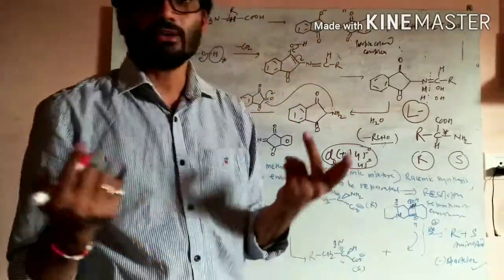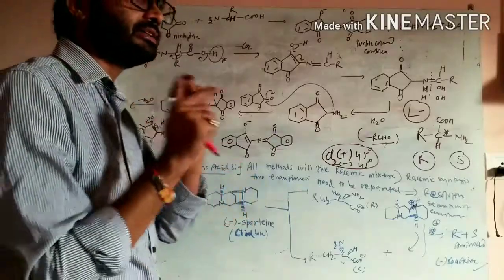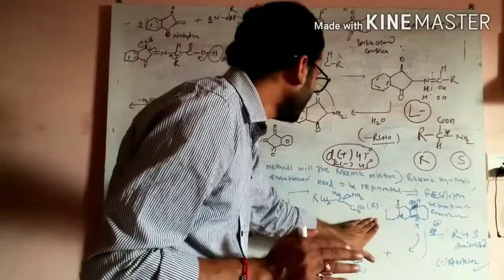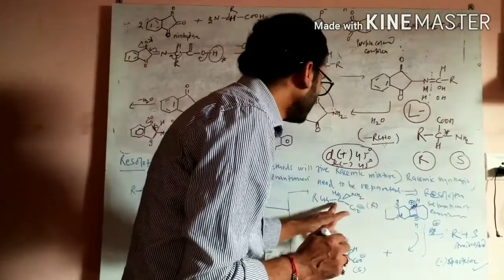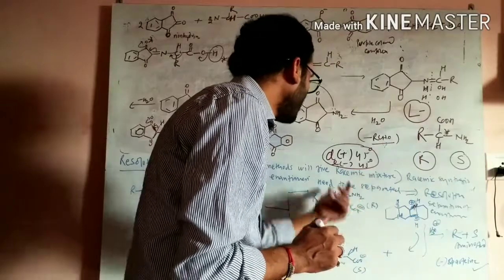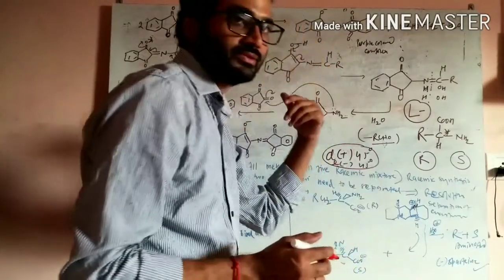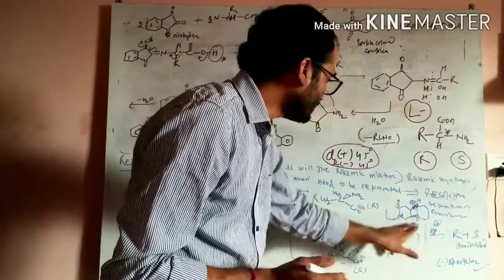They are diastereomers. So this is the property of the enantiomers. When they react with an optically active compound, they form diastereomers. So this is one diastereomer, this is R. If this is R and this is S, you can see this is 1, 2, 3. This peripheral group is back side, this is R, this will be S. The other peripheral group is front side, which is S. This is the R molecule, this is the S molecule, and this again is a salt.